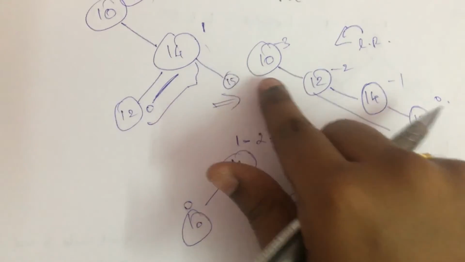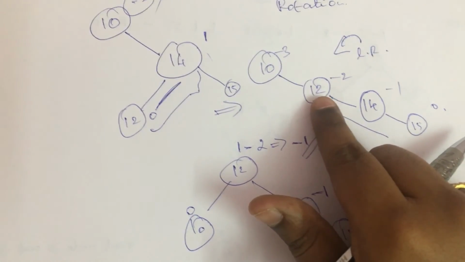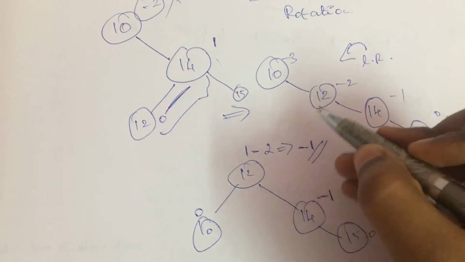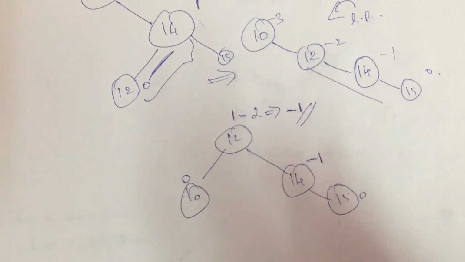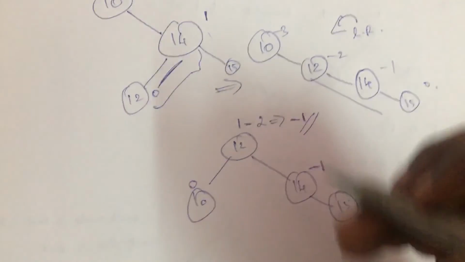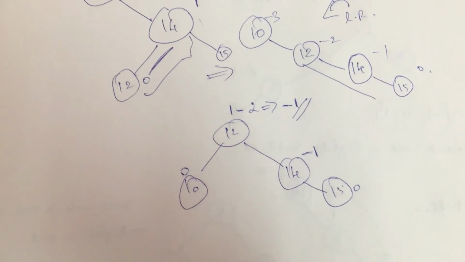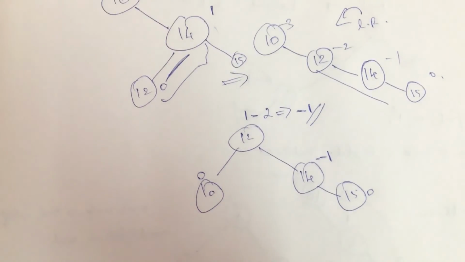12, that is right of root node, becomes root, and the root becomes the left node for 12. So for 12 I am just modifying the root node to be the left part, and the remaining part is going to be the same. If you try to find the height for the entire tree, it will be in the balanced form, or you can also say the balance factor is satisfied for all the nodes in the given tree.